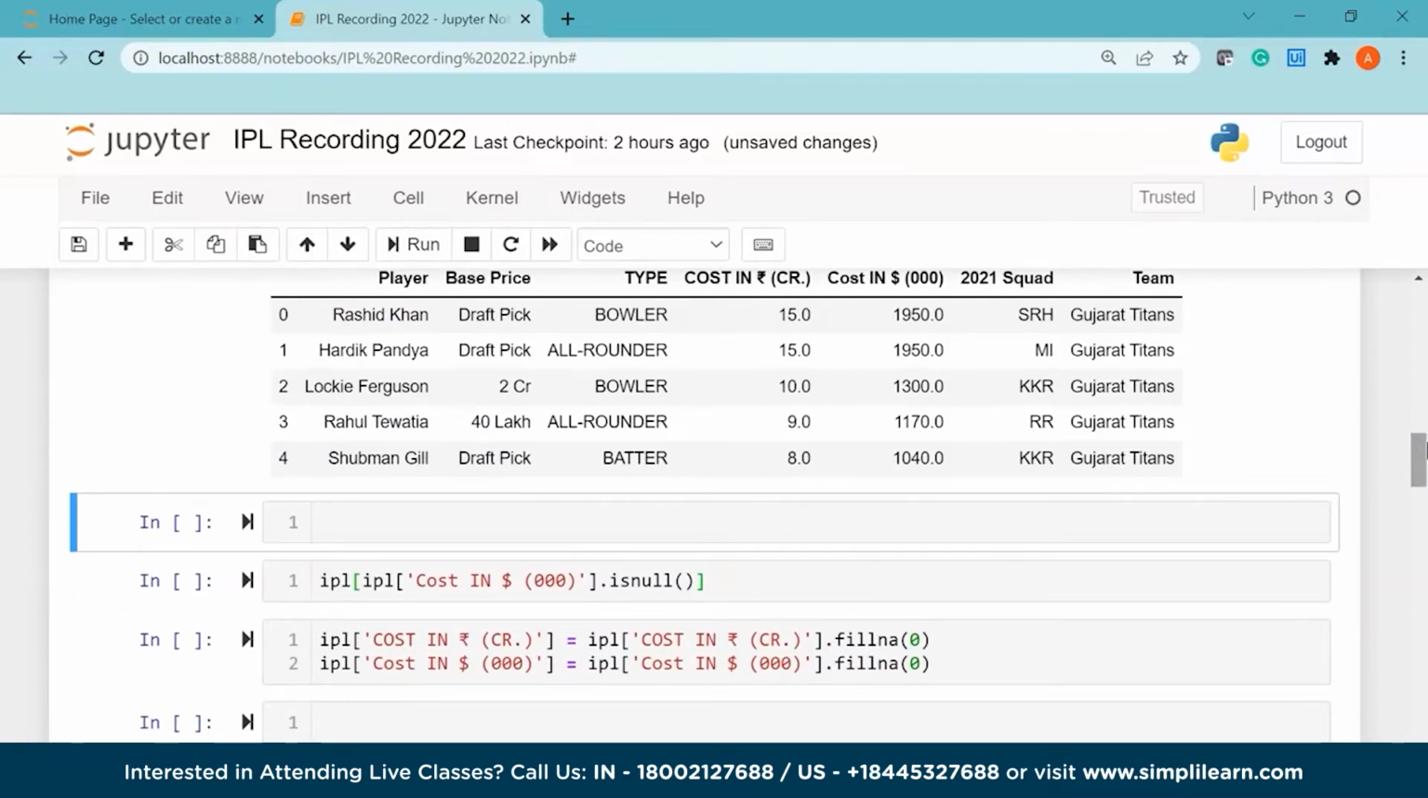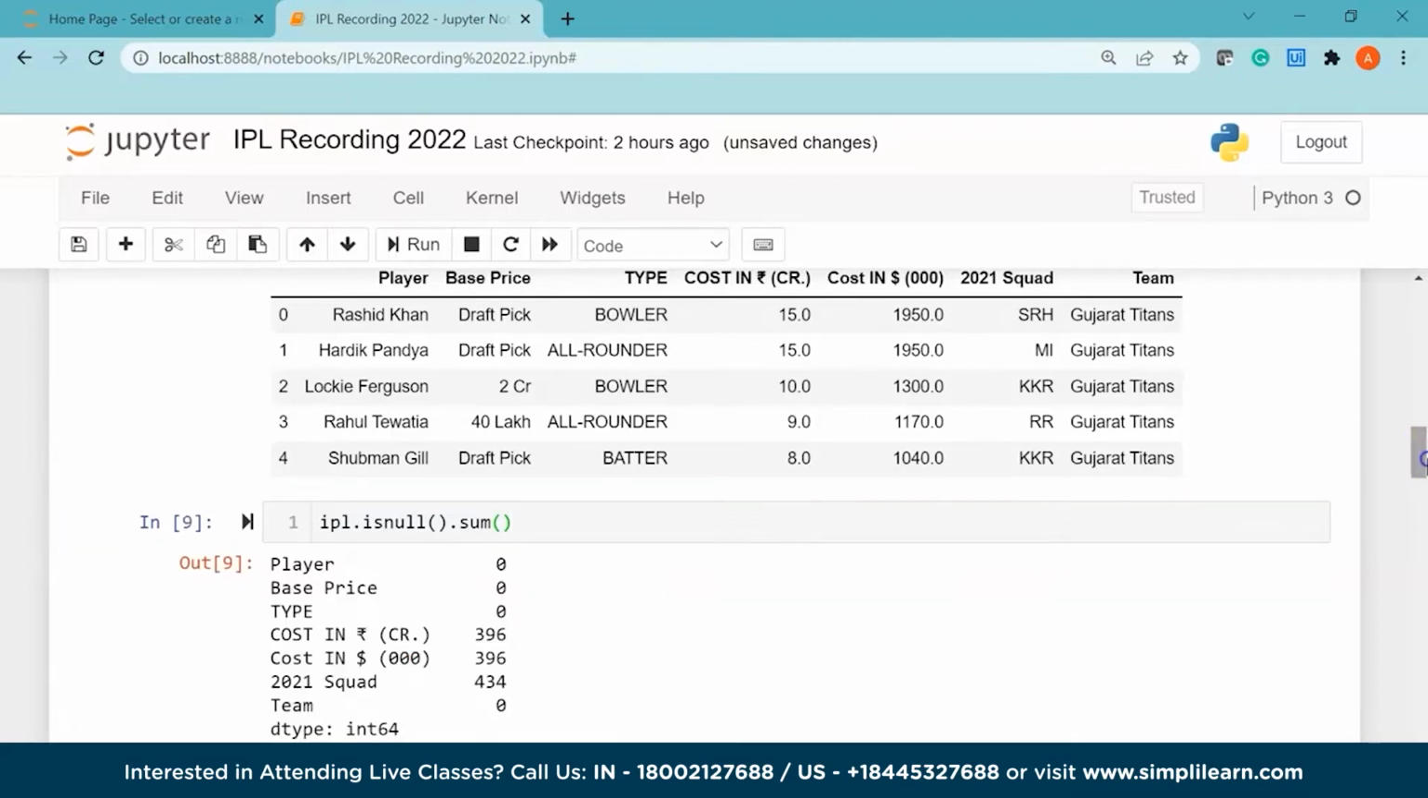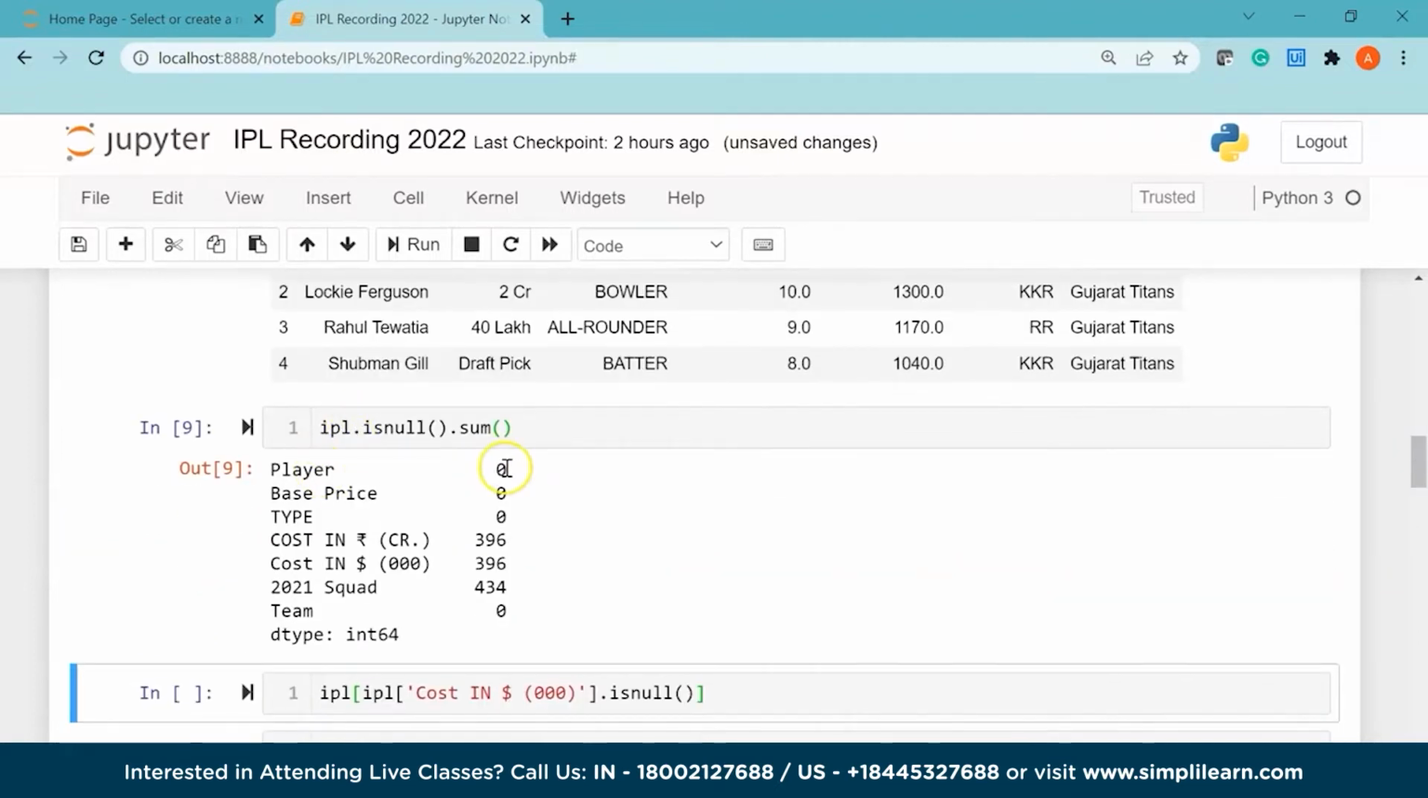Alright, now moving ahead, let's see the total number of null values that are present in each column of the data set. So I'll say ipl dot, I'm going to use the isNull function followed by the sum function. If I run this, you can see here the player column doesn't have any null values. Similarly, base price and type column also don't have any null values, but you can see cost in rupees and